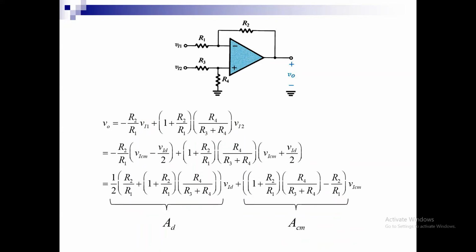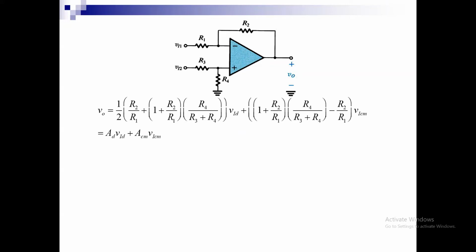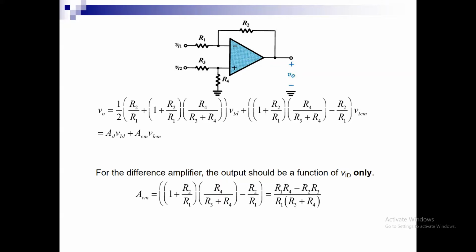This is AD, this is ACM. Now I have it in this form and I want to have only VID amplified, so I need to set ACM to be equal to 0. Here he only did a mathematical reduction. This is the expression. If I want to set it equal to 0, I will end up with R1 R4 equal to R2 R3. Since the numerator is 0, I will have a ratio R1 over R2 or R2 over R1 equal to